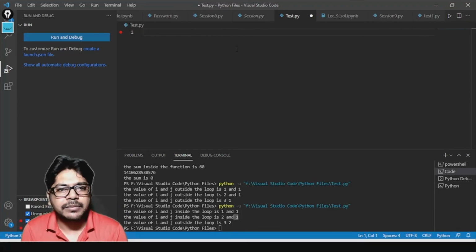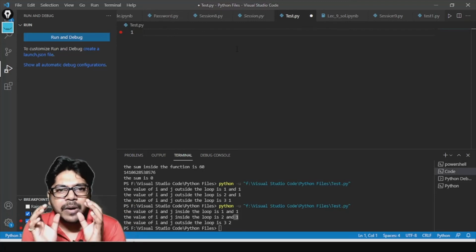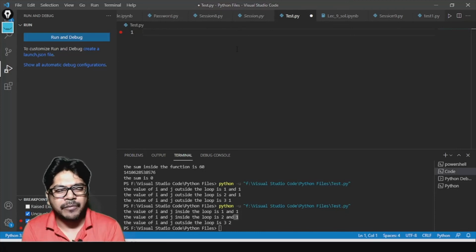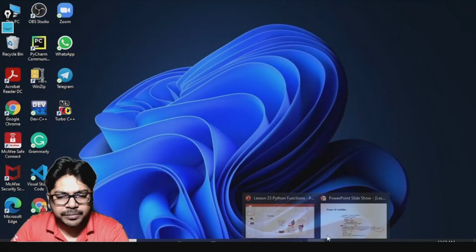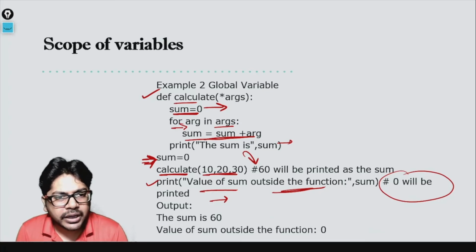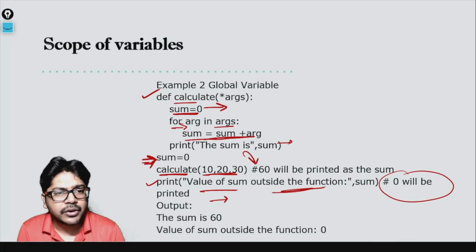Understand that global is something which can be accessed outside the function, which has a larger scope and can be used anywhere in the program. Local is bound to a particular boundary, whether it is a function or a block or something like that. I hope you understood the types of functions and the user-defined function in particular. You know how to create a function now, you understand what a parameter is, the types of parameters, the return type, and the scope of a variable.